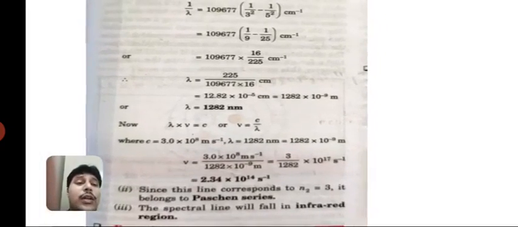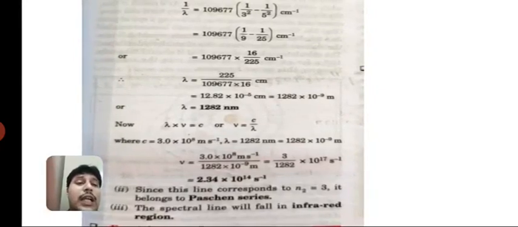After putting all these values, see student, here c is in meter per second, so we have to change the unit of wavelength from nanometer to meter. So 1 nanometer is equal to 10 power minus 9 meter. Then after calculation, we get nu equal to 2.34 into 10 power 14 per second. Now since this line corresponds to n2, n1, not n2, here there is a mistake in this solution,